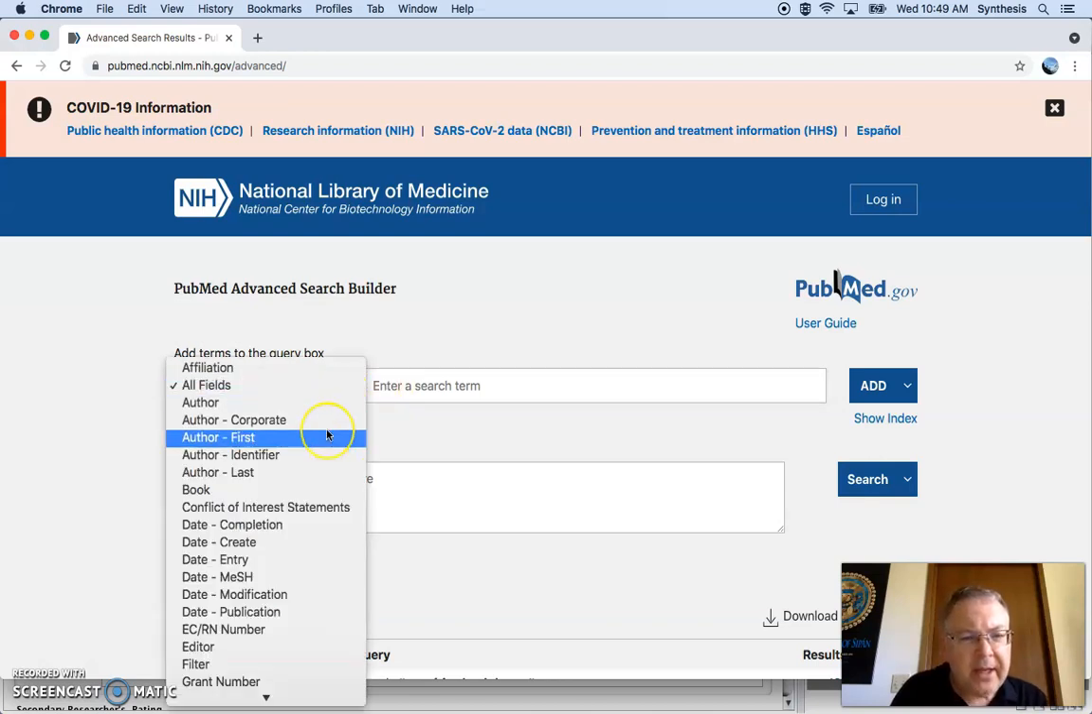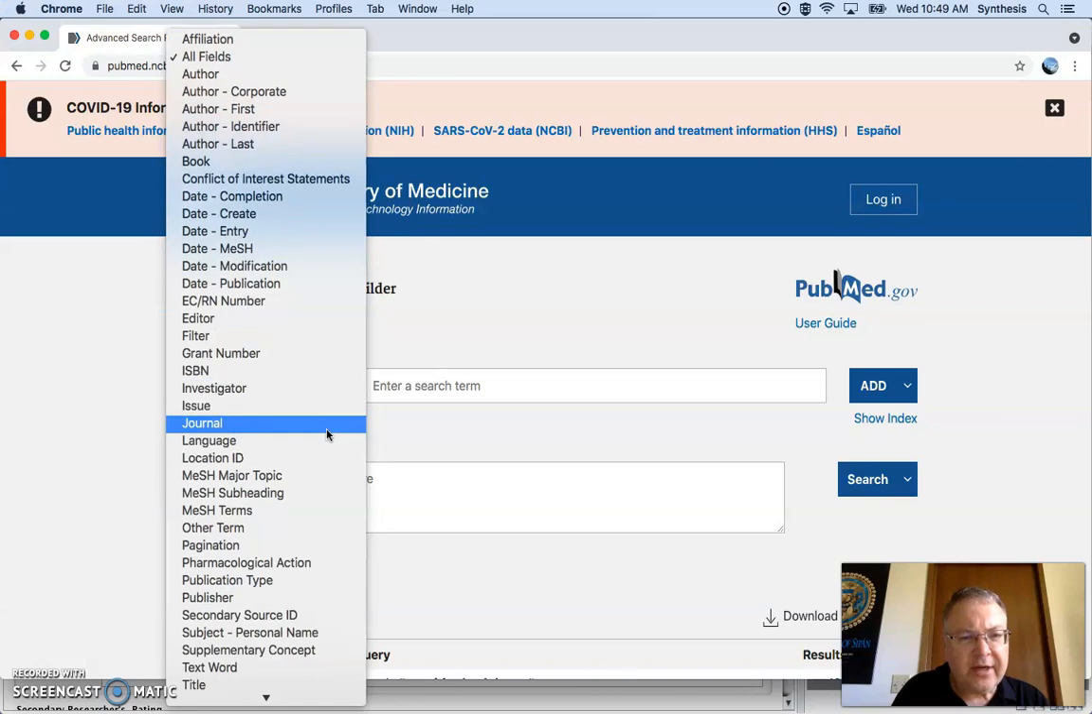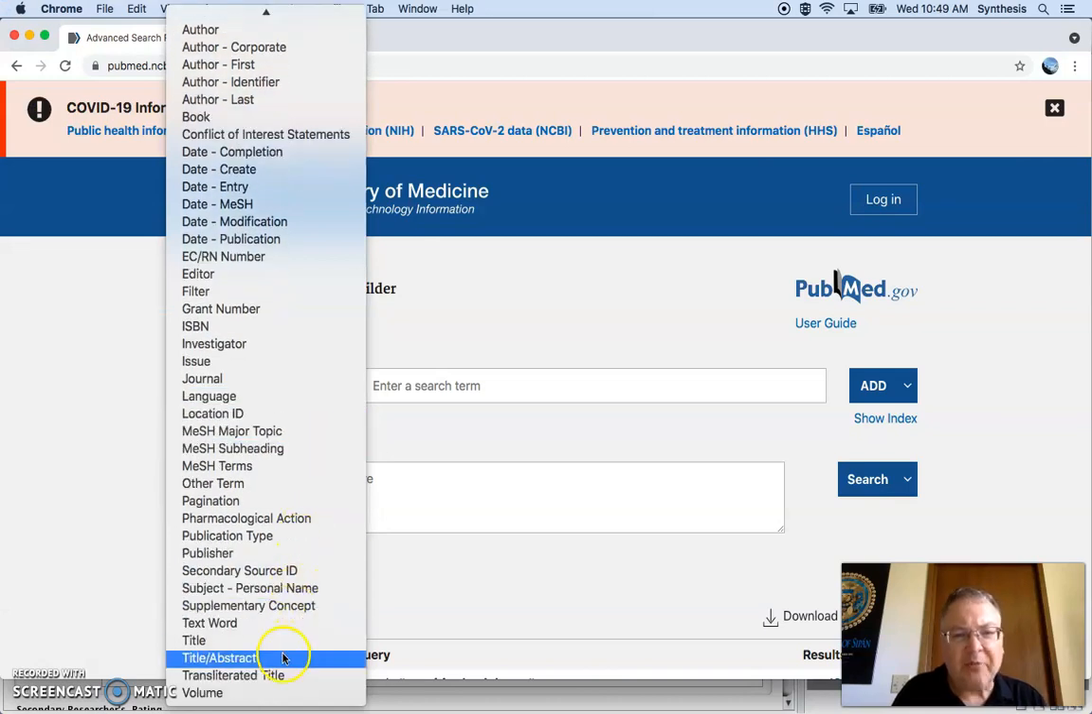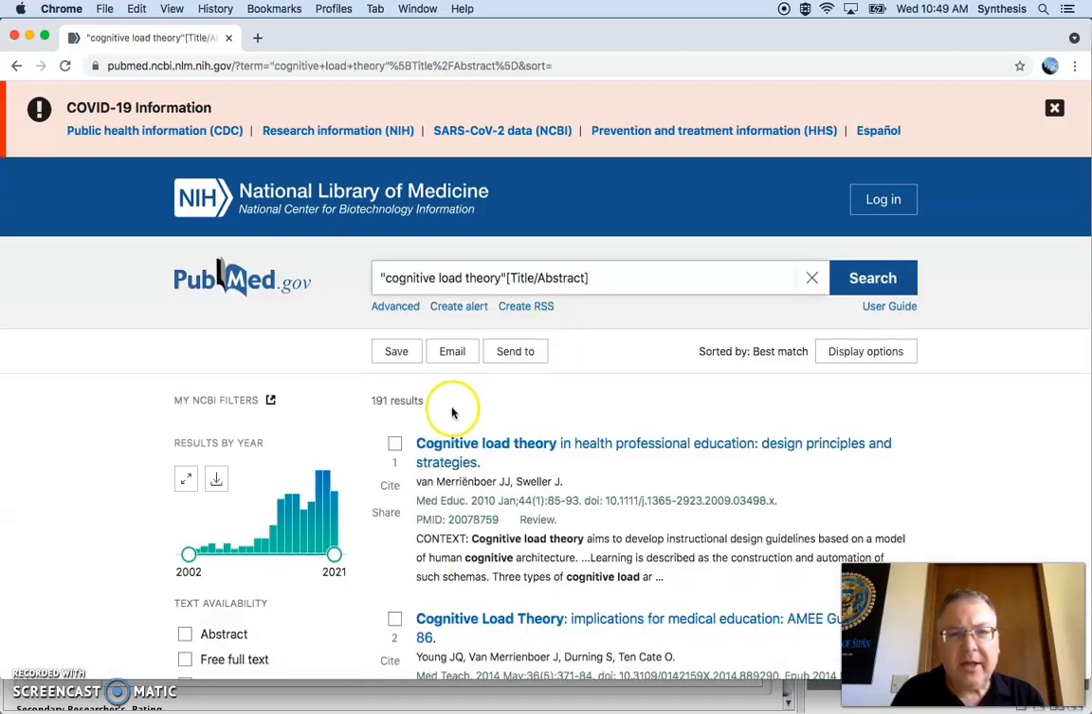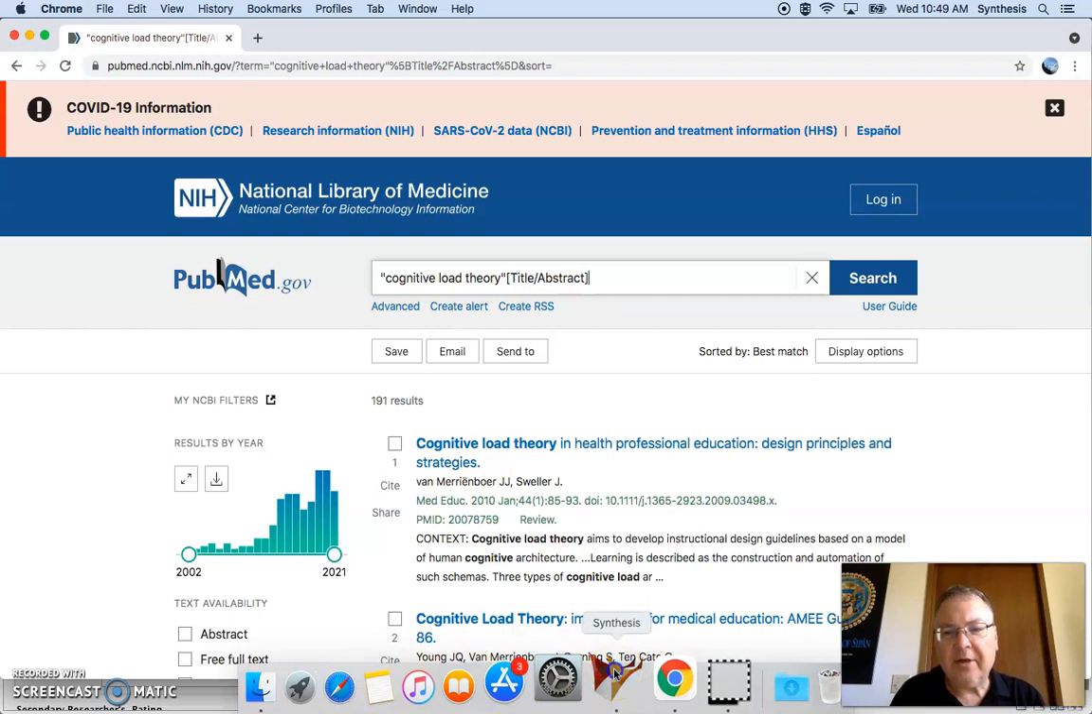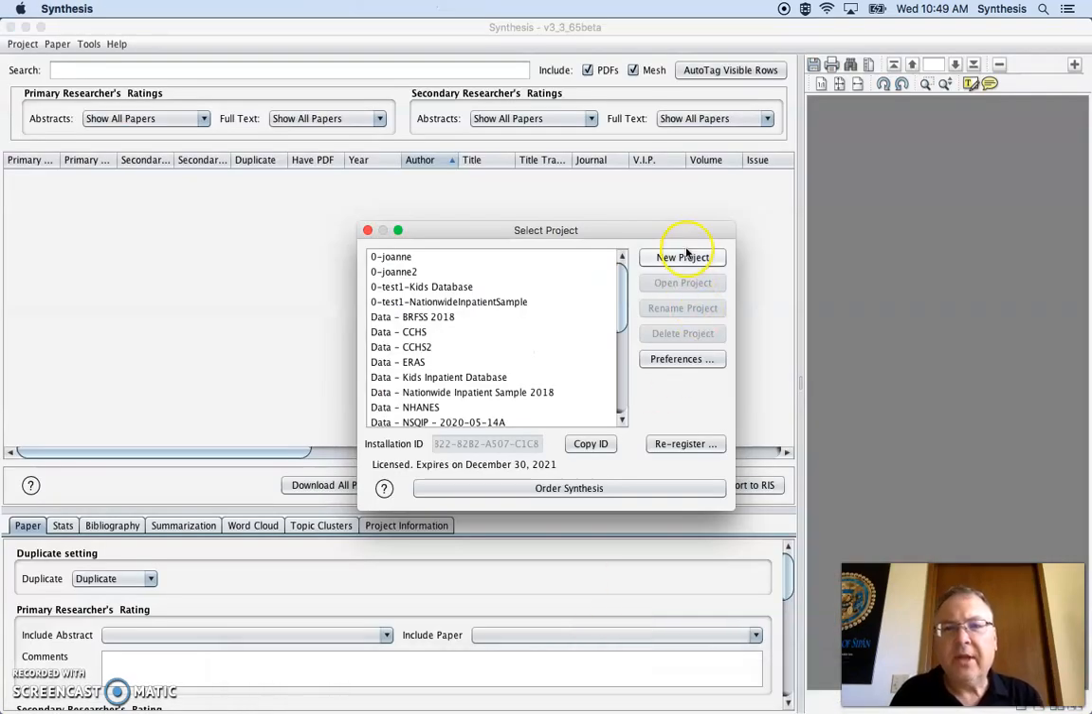and we could choose the title and the abstract, so it's where we want this word or this phrase to appear. If we hit add and then search, we find 109. Then we can head into the synthesis software,